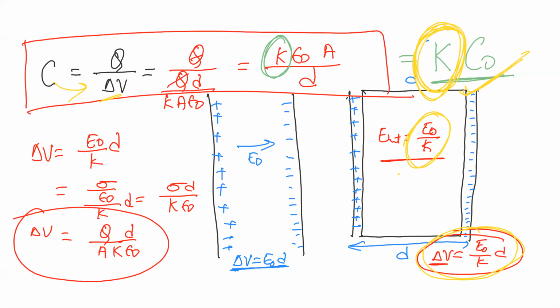Any doubt, anyone? The next part is, if the dielectric is not inserted fully, then what will happen? We discussed the case where the dielectric is inserted fully, and the capacitance becomes K times. If it is not inserted fully, that is the second point we have to discuss. Does anyone have any difficulty till this point? Okay, let's go for the next point.